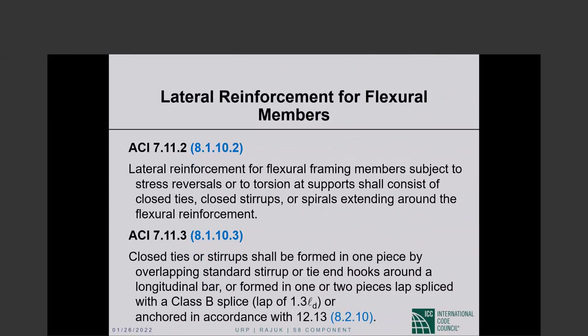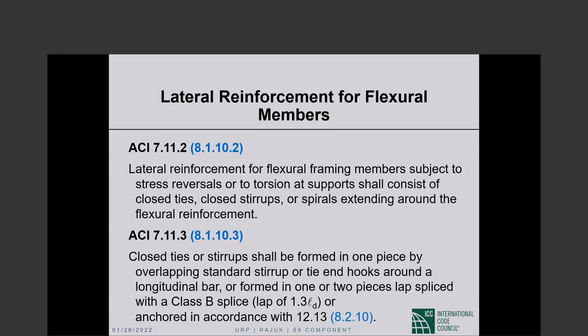Lateral reinforcement for flexural framing members subject to stress reversals or to torsion at supports shall consist of closed ties, closed stirrups, or spirals extending around the flexural reinforcement. So torsion requires closed transverse reinforcement, as we have seen, and the same thing is true of stress reversals. If a bar can go into tension and compression because of seismic excitation typically, then we also need closed transverse reinforcement. In seismic construction, we use hoops,